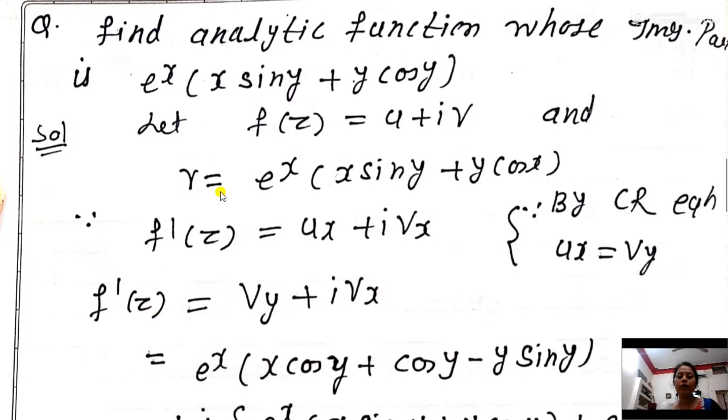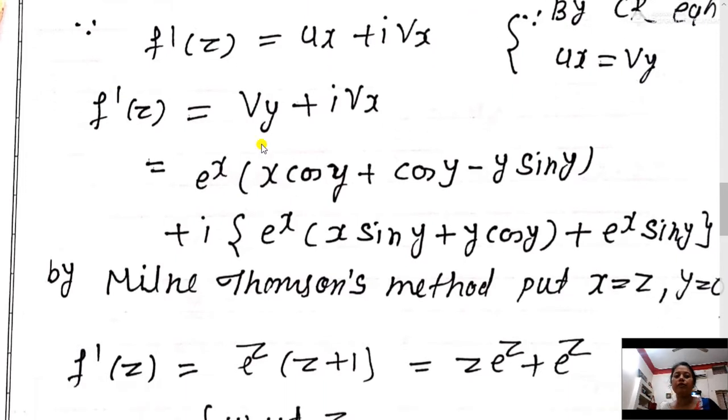So we are having v, then to find f dash z we have to differentiate it with respect to x to get the value of vx, and with respect to y to get the value of vy. We differentiate this function with respect to y and it will be the real part of f dash z, and we differentiate this function partially with respect to x, then this will be the imaginary part of f dash z. So the differentiation is quite easy, so you can do it by yourself and ask me if any doubt.